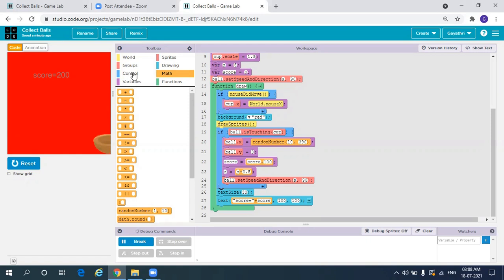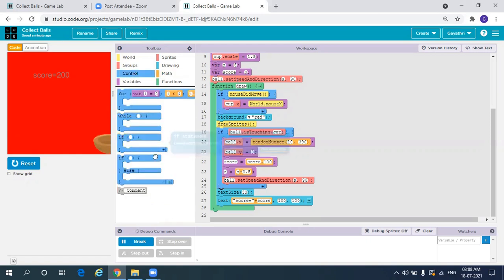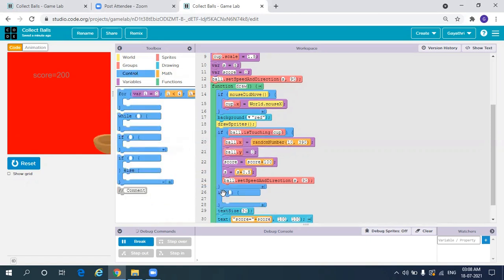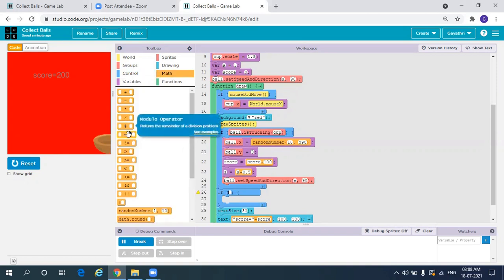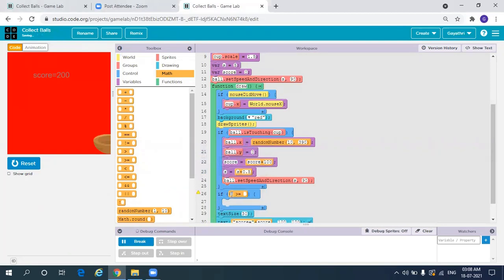For that, go to controls, select if block and drop it here. So if, and then go to math, select greater than or equal to. For this we'll write ball dot x. Right, it's x, right? Y, it is y. Ball dot y is greater than or equal to 370. If it is, then it means that it's a miss.